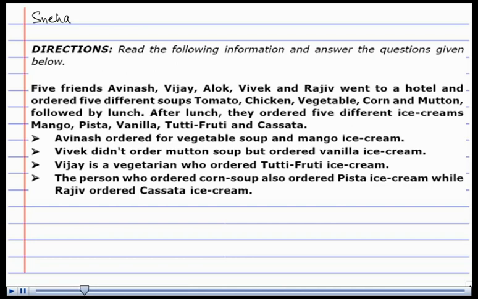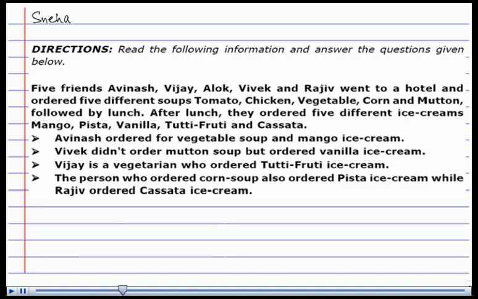Avinash ordered vegetable soup and mango ice cream. Vivek didn't order mutton soup but ordered vanilla ice cream. Vijay is a vegetarian who ordered tutti frutti ice cream. The person who ordered corn soup also ordered pista ice cream, while Rajiv ordered cassata ice cream. The solution is: